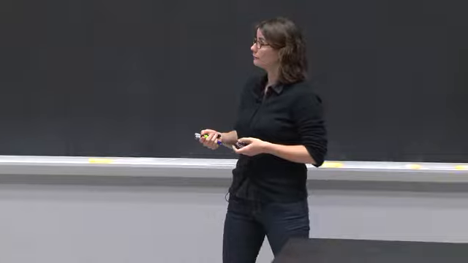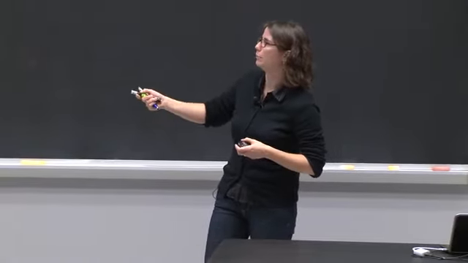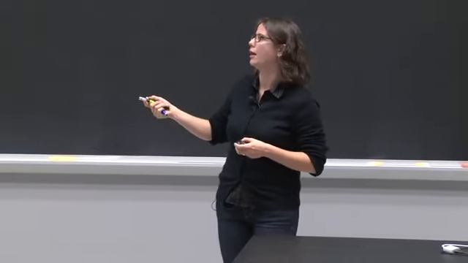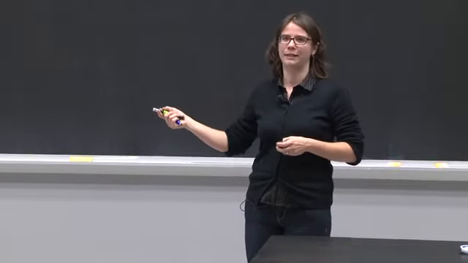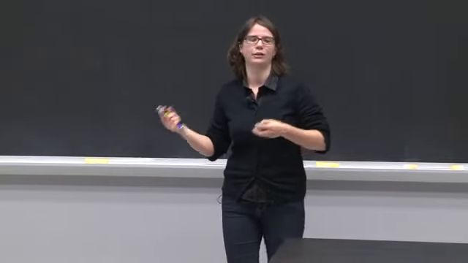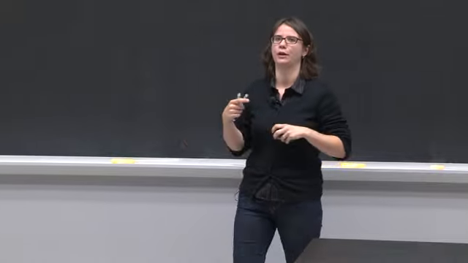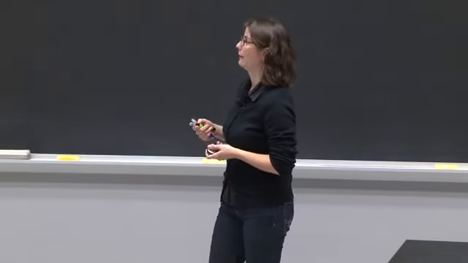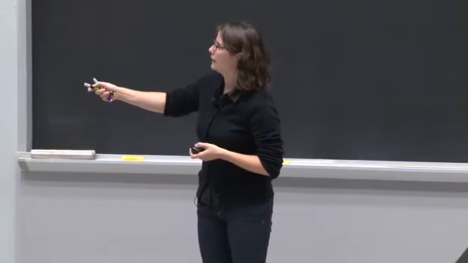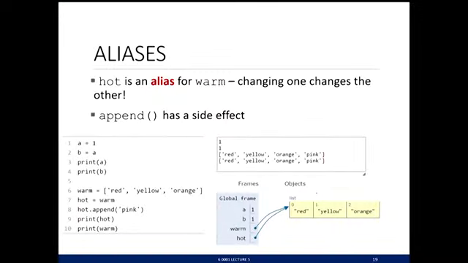So let's see a few examples. I apologize if this is a little small, but I basically copy and pasted this from Python Tutor, which is just the code from today's lecture. The first couple of lines really just show what happens when you're dealing with non-mutable objects. With non-mutable objects, you have 2 separate objects that get their own values, and that's it. End of story. With lists, however,